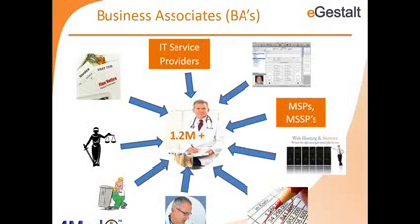So the scope of BAs is fairly broad. As I said earlier, a business associate, who now is required by law to be HIPAA compliant, is anybody and everybody who's involved in PHI access, sharing, or storage. So you could be a lawyer, an accountant, a service provider, a managed service provider, a reseller, or an electronic medical record provider. Anybody and everybody who's working with the medical community and is involved in accessing the PHI information is required by law to be HIPAA Omnibus compliant.